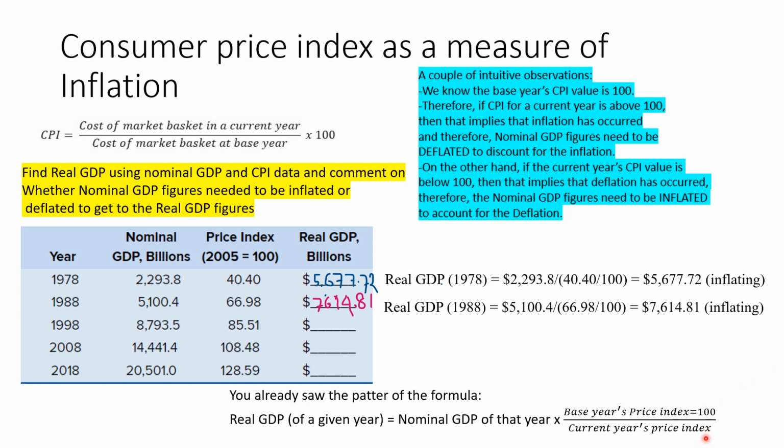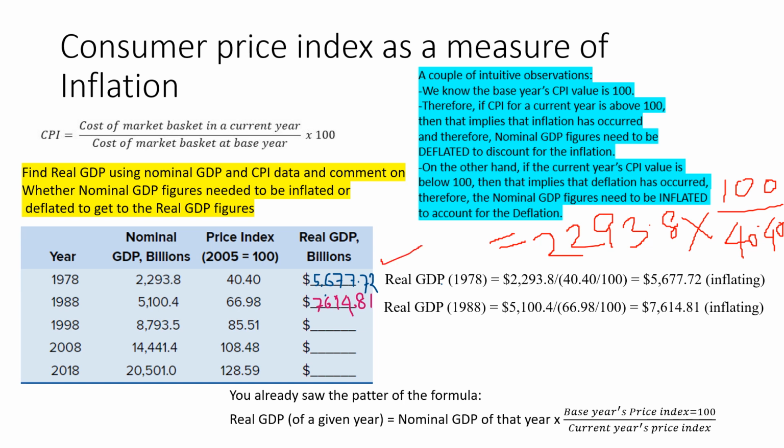So here basically what we are doing is we have 2293.8 times the base year's price index, which was 2005, it was 100, over the current year, 1978, which was 40.40. So that means the result will be bigger than 2293, right? So real GDP will be